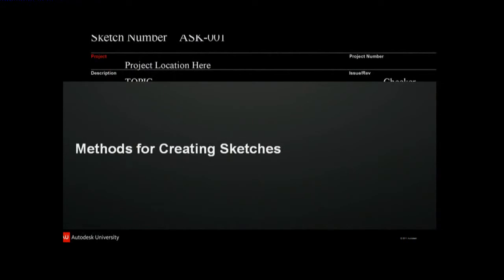So I'm going to discuss now methods for creating sketches, and I think I'd like to start by suggesting that depending on the size of the project and the relationship you have with your client and with the owner, I think it would make sense up front to have a discussion about whether or not you want to issue sketches